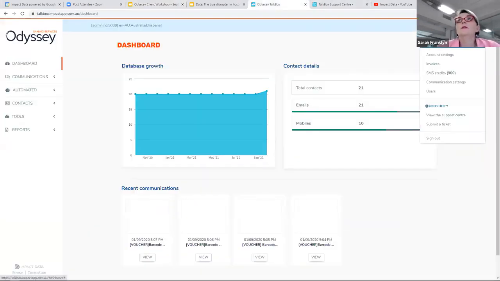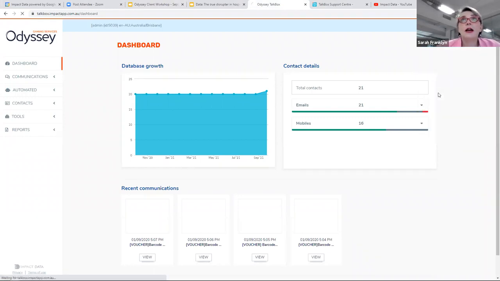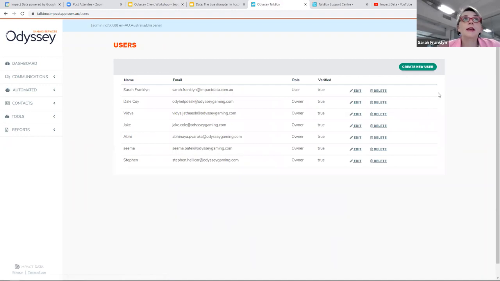So the first thing you do is you go over into the right-hand side and you go to settings, and you go over here to users. Now, the people that own the account should be the decision makers. So it should be the secretary manager. It should be the people in charge of marketing, all of that sort of stuff. So they should be owners of the account.